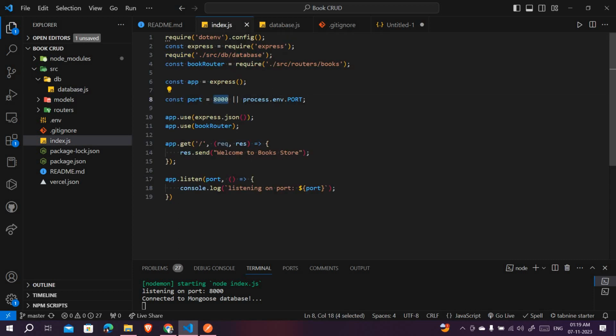and I have also told you that I have used the local environment for 8000 and the global. For the global, a port will be dynamically generated and assigned here. I have used middleware express.json so that we can communicate with the APIs in the JSON format. And with the entry point, we have a welcome message, welcome to bookstore,